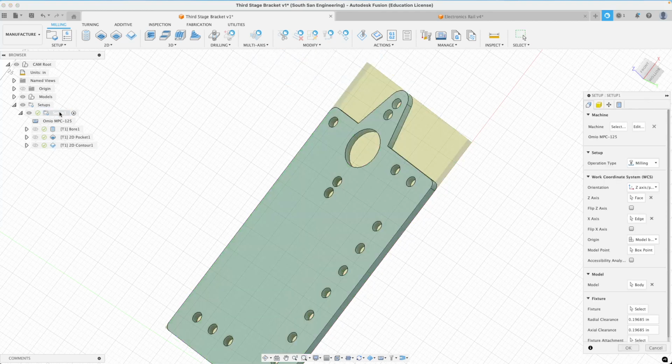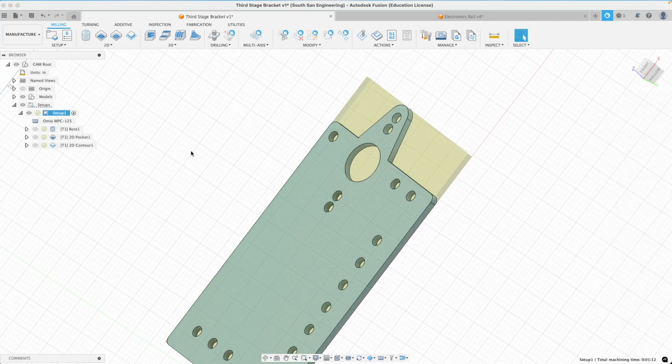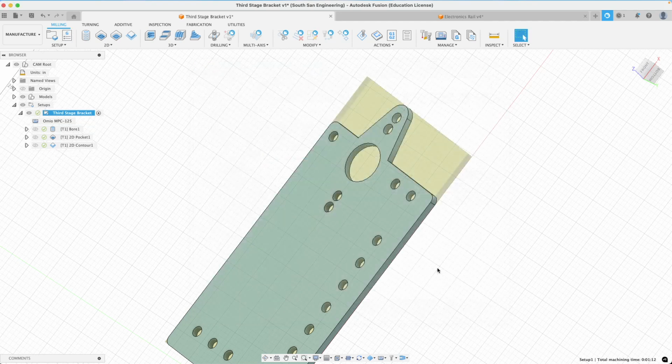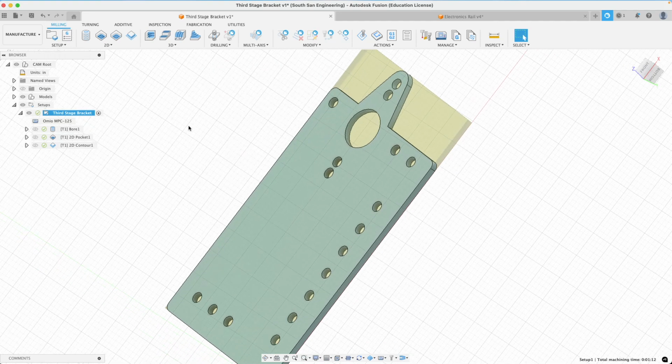I didn't name my setup. I should do that now. So I'm going to click that once, and this is called the 3rd stage bracket. So I'm going to name it that. So now I have my setup, and I have my 3 operations. And again, we'll do another video. Once you have this, you're good. We'll do another video talking about post-processing and G-code and stuff like that. But you could post-process your G-code from there. And that's how to make setups,